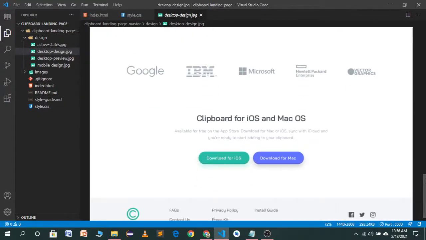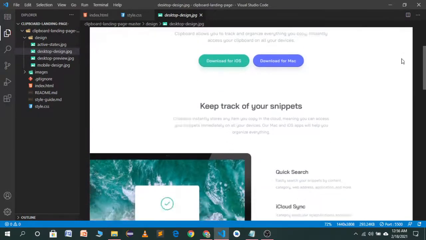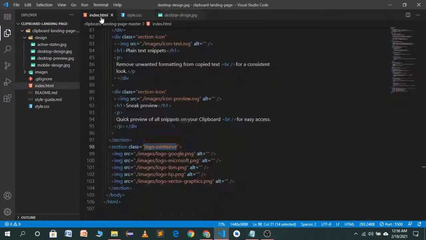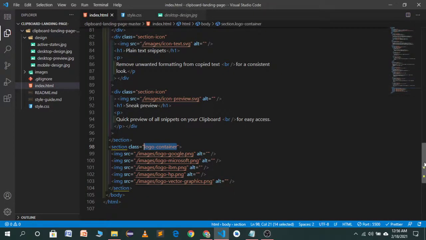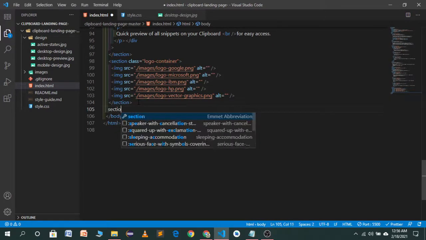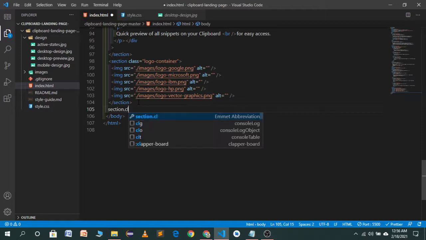Next section will be this one, which will be a heading, paragraph and the same two buttons as we have used earlier. So let's give this section a class name of clipboard.